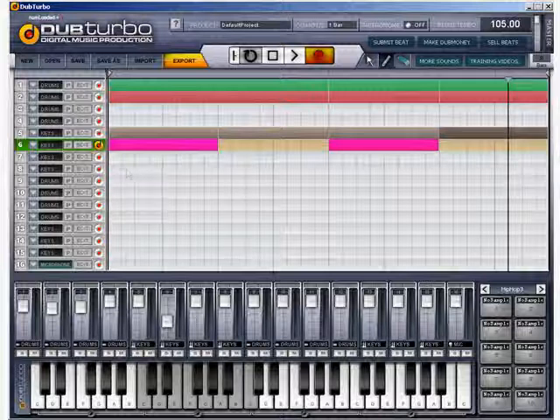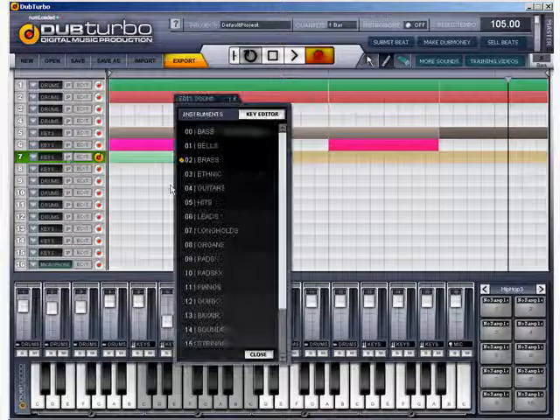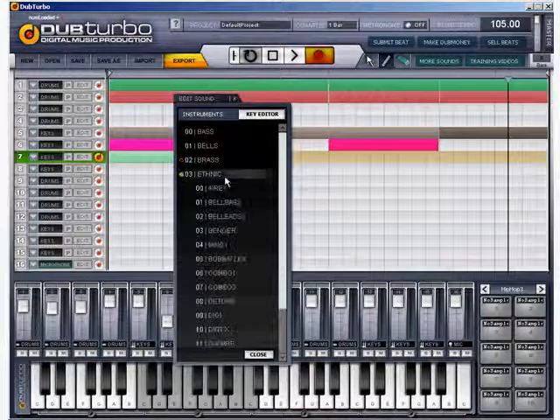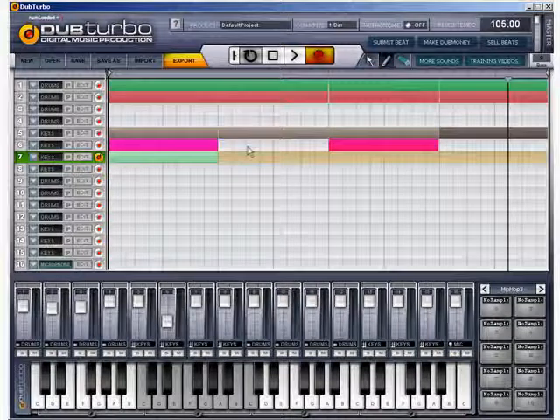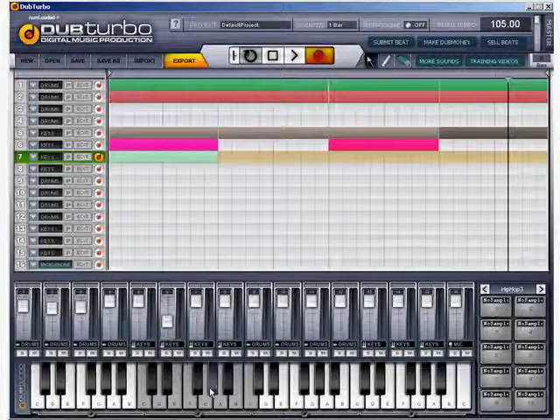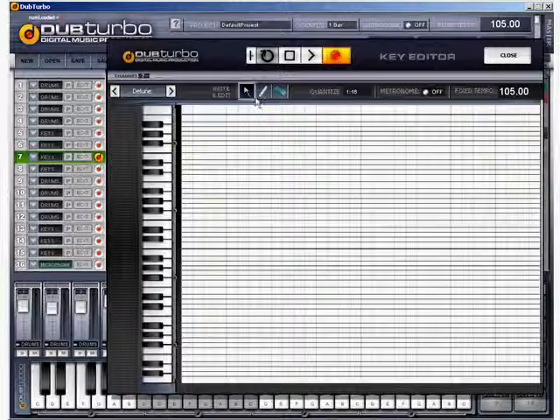Okay, next. Another one, 2 bars, click, hold, and drag, click on P, click on, let's say, ethnic. Let's click on detune. Might sound a bit awkward because it is literally detuned, but why not? We can click on the pencil and draw the stuff in too. So we can go